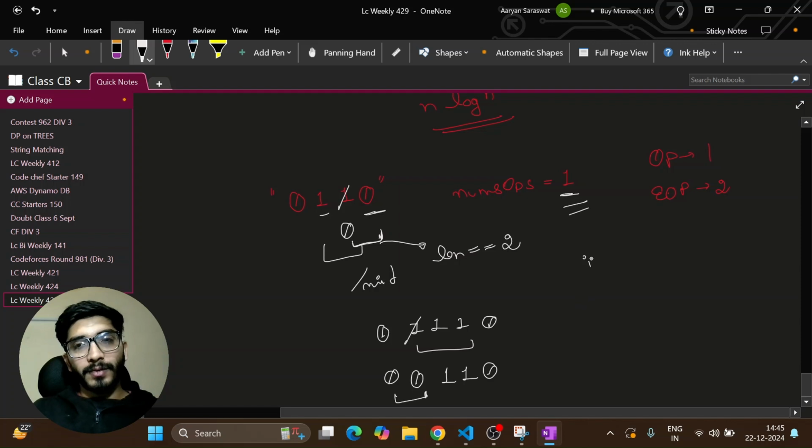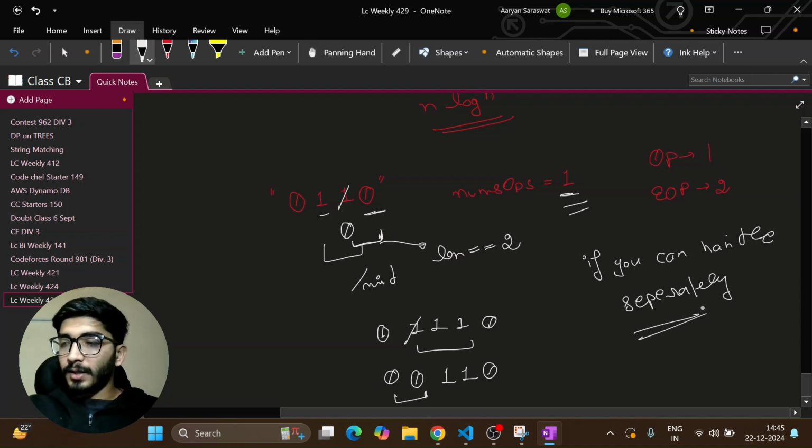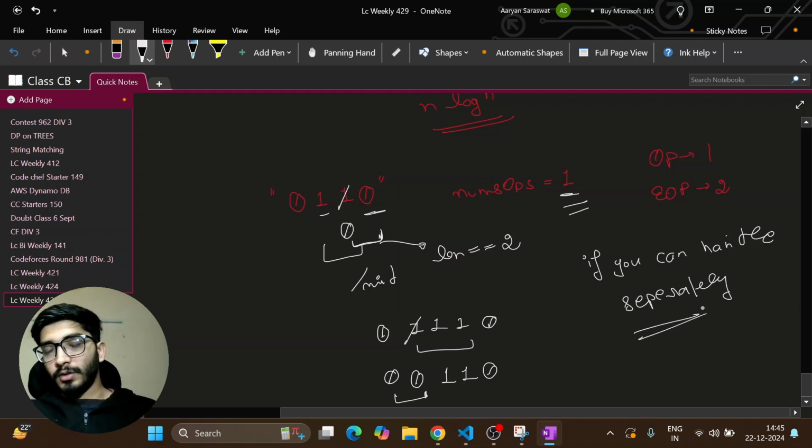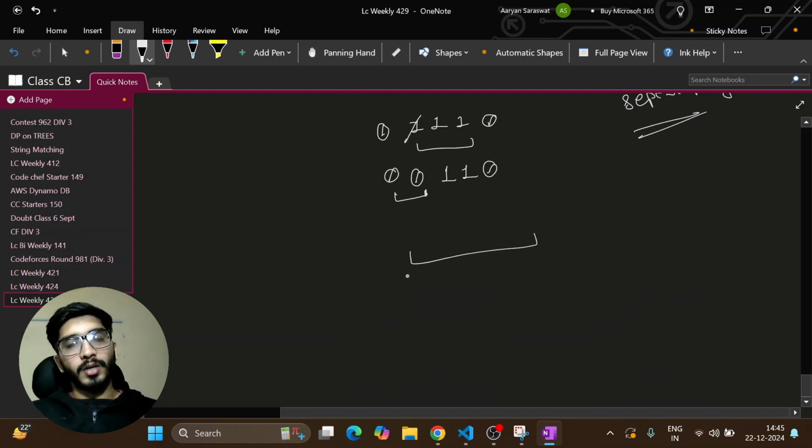So if you can handle this separately, you are good to go. So this was the only issue with this problem. Otherwise, binary searching on answer was the best idea. And to avoid this thing, what we are gonna do, instead of calculating the total number of consecutive running